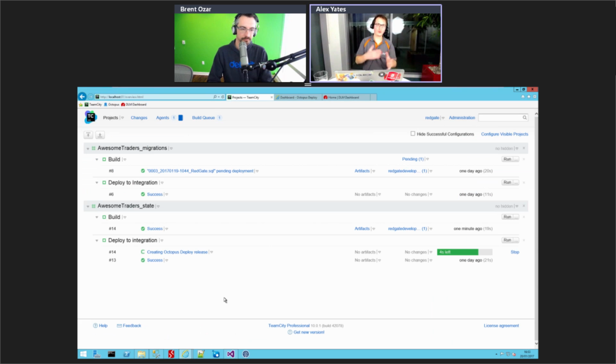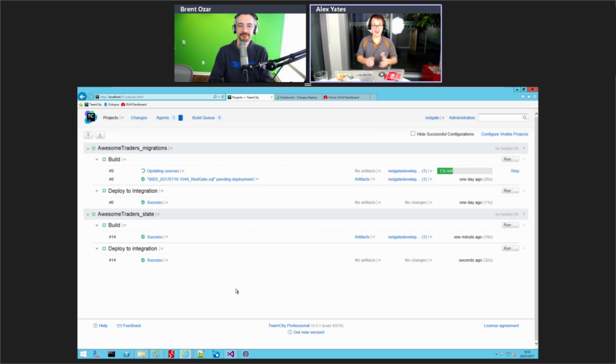As a result of that, now we come to the testing phase. You can see here that we've got various things happening. This is a tool called TeamCity. Again, you can use Jenkins, or the stuff that comes in Visual Studio. What's happening here is an automated task has been kicked off. It's spotted that the code has been committed into source control. It's now going to take that code and try and build a real database from that code. It's going to say, can I take your code and can I build a real database on a real dev or integration server or on a local DB or something?